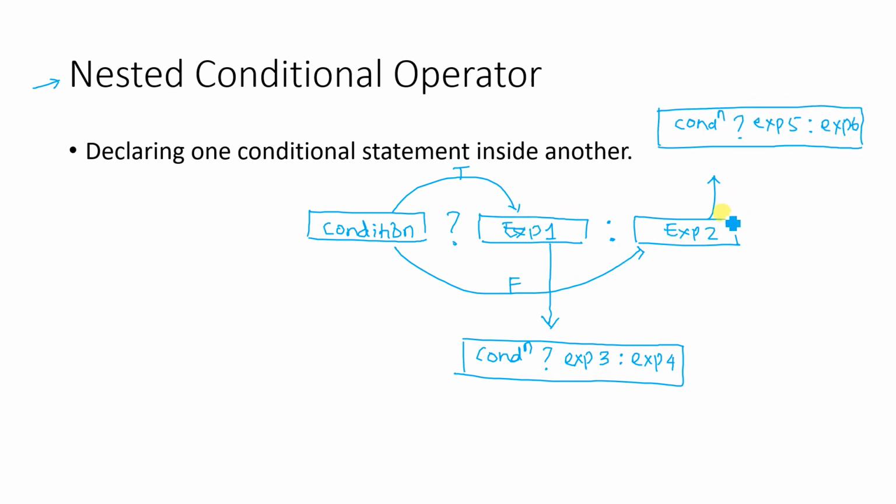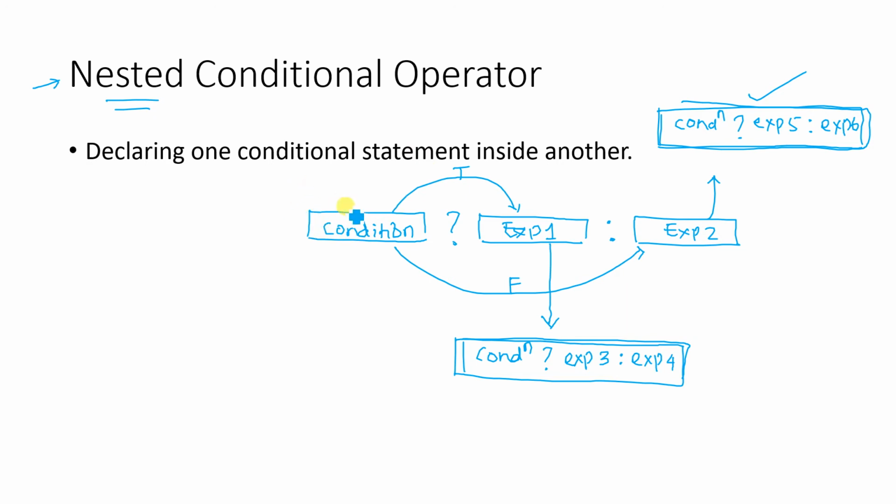If you combine all these things, we will replace expression 1 with this statement, and similarly expression 2 with this statement. Then the entire conditional operator is again included in another conditional statement, and that concept is actually called nesting of conditional operators. One entire conditional statement will be included inside another conditional statement. That is how the nesting of conditional operators works.